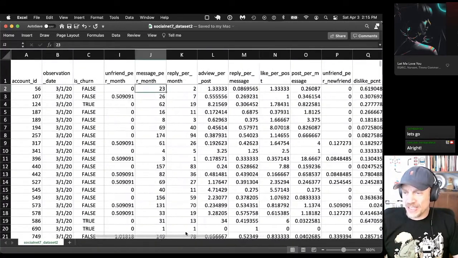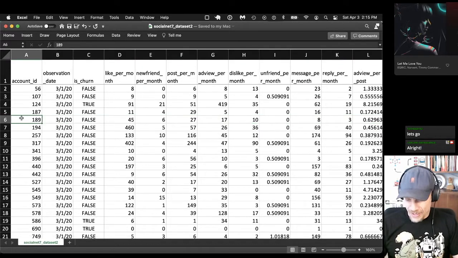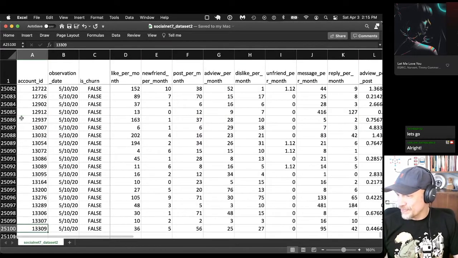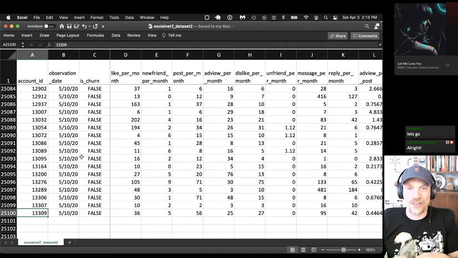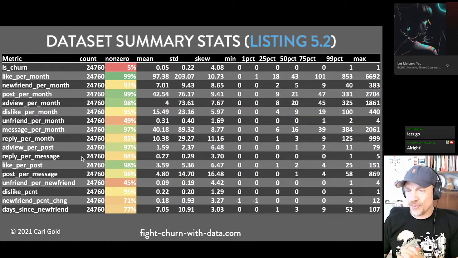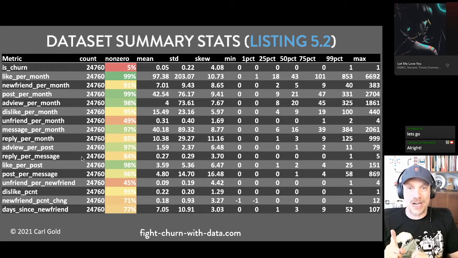This particular data set has, I think, around 20,000 rows. Yeah, 25,000 rows. So 13,000 unique customers that have all been using the service, and some of them churn and some of them don't. And so the summary of the data set is back here. Now this is worth looking at because some of this is going to come up again when we do our machine learning prediction and analysis later.